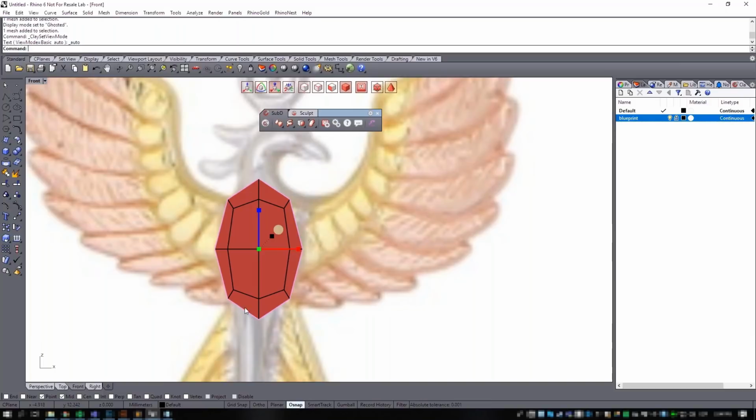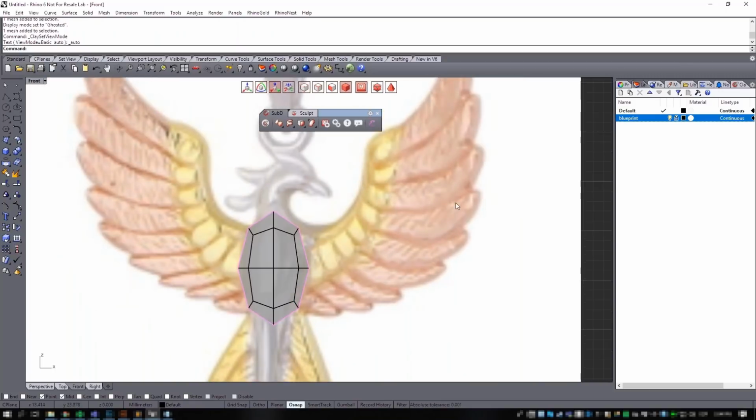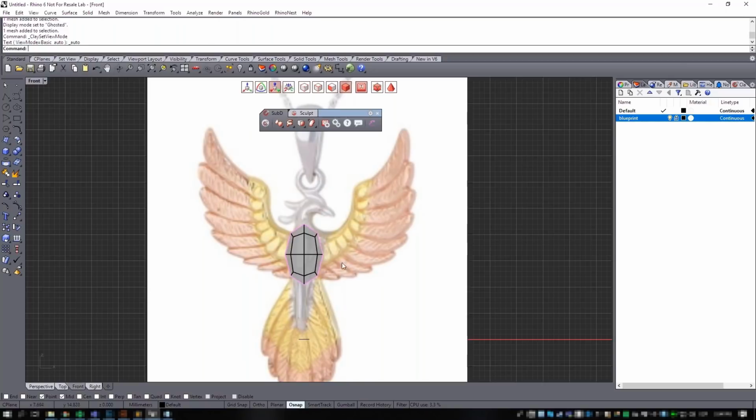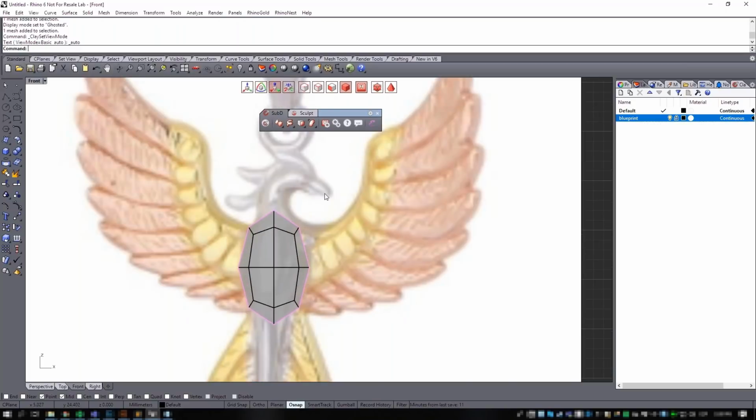Usually, I prefer modeling in box mode because it's much faster to calculate, and probably at the beginning it's not as intuitive, but at the end it's going to be much easier to model like this. So we're going to start with all the model in a plane, all flat, and at the end we're going to extrude that, and we're going to give a little bit of thickness to the object. We're going to make sure that the body, the tail, and the wings are symmetrical. So I will just work on one half, then I'm going to mirror that, and at the end I'm going to create the head